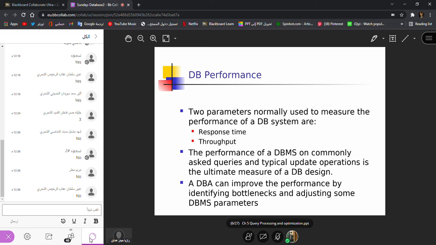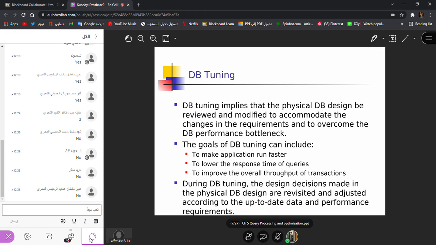So we will say that a database management system, this DBMS or your database, is performing well when it gives you answers quickly and with the required material. So we'll say this is good. And if it is not doing this, then this is not good, right? It is not performing well. And who will do this kind of improvement? The database administrator.